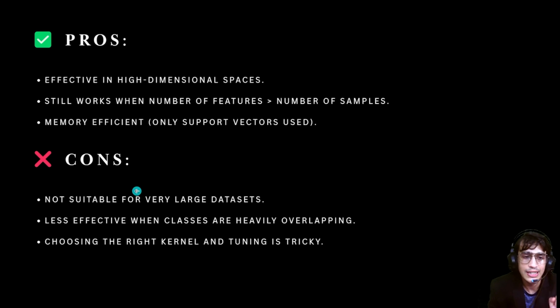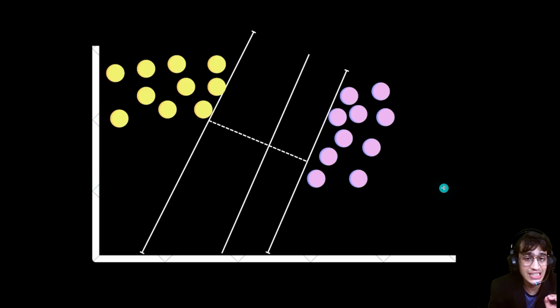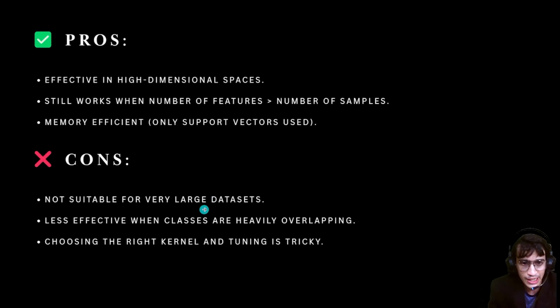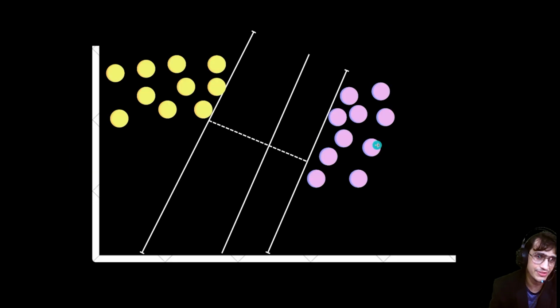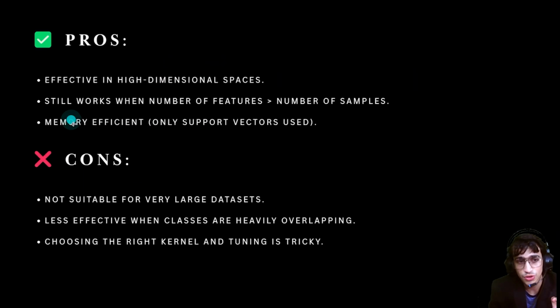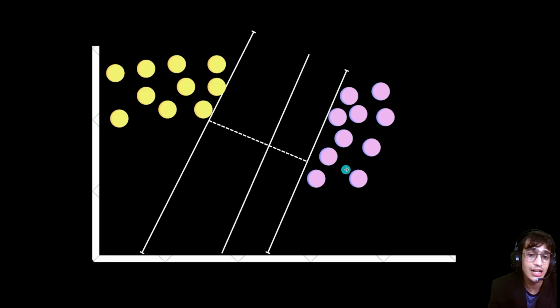What are the cons? First, it isn't suitable for very large data sets. Secondly, it is not effective when classes are overlapping, like when the yellow balls and pink balls are on top of each other. And the third point is that choosing the right kernel and tuning is tricky. Now you will ask, what is a kernel and what is tuning? We will cover all this in the next video,